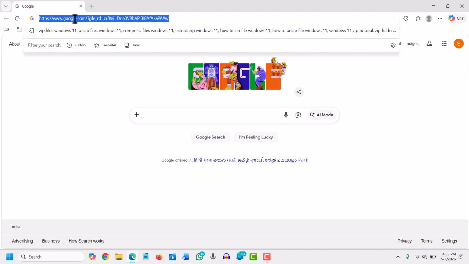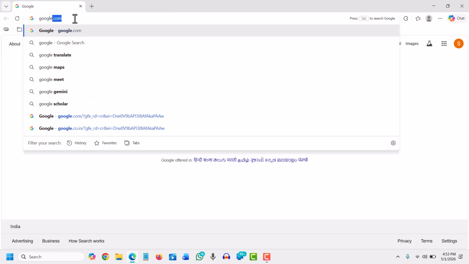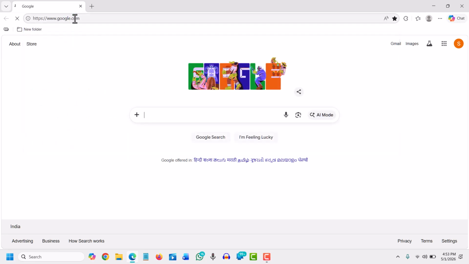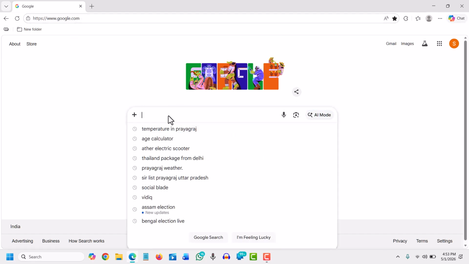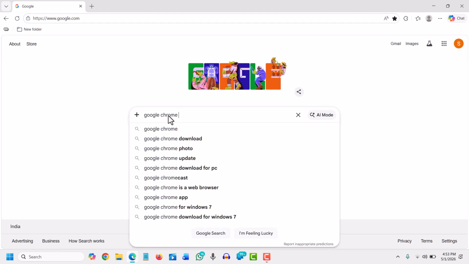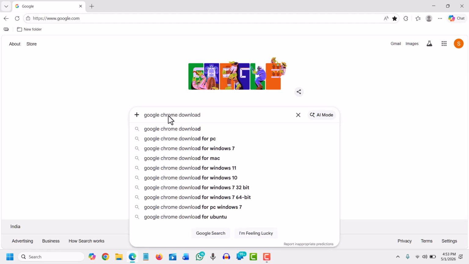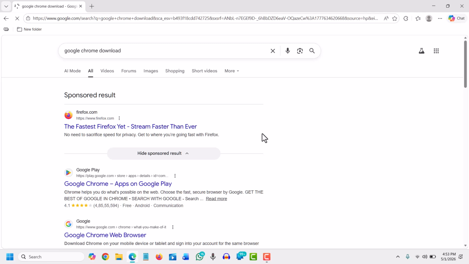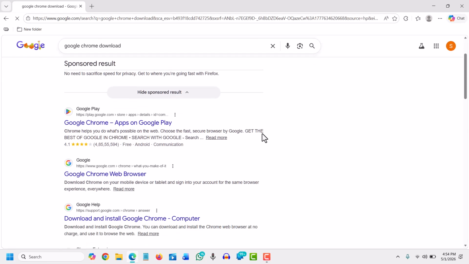And at the top, just type google.com and hit enter. So the Google home page will appear, and here you need to type Google Chrome download. Once you have typed Google Chrome download, hit enter, and you will find Google Chrome web browser. So we need to click on this Google Chrome web browser,